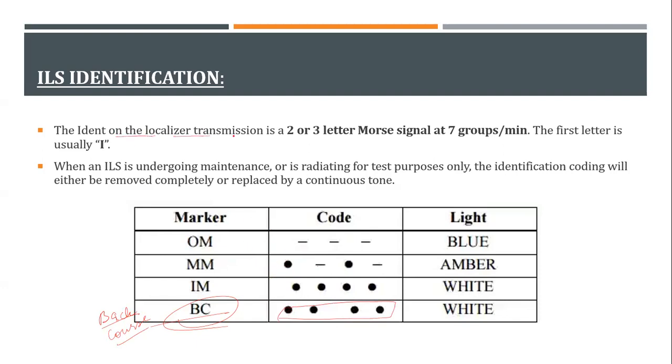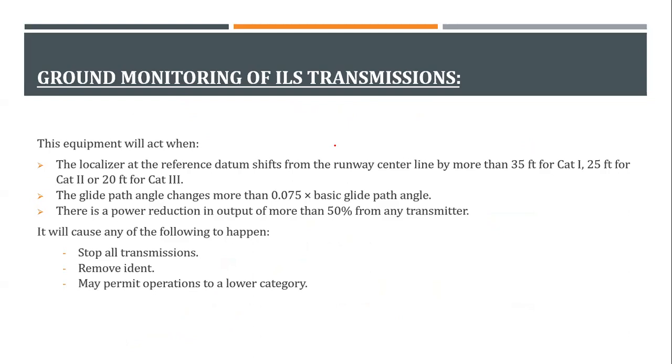The ident on the localizer is 2 or 3 Morse code signals which are grouped, and this is not required, but what I'm trying to say is it will be like a VOR station code, for example Delta Papa November, in 3 letters. The ILS would be I, that is India, then followed by whatever the signal is, Foxtrot Sierra Golf for example. So India Foxtrot Sierra Golf is an example of your station identification code of an ILS. So always the letter I will be the prefix.